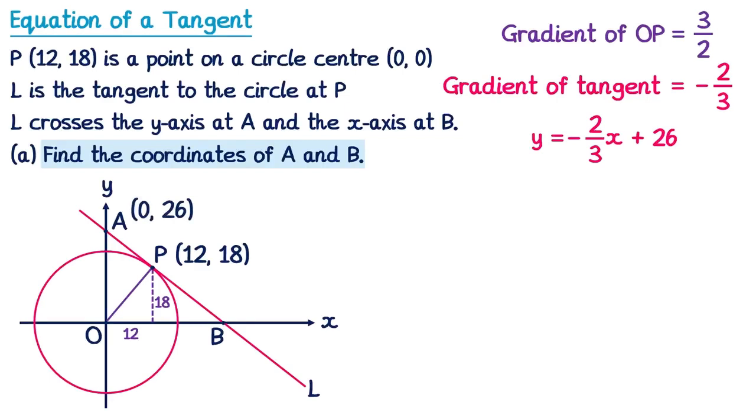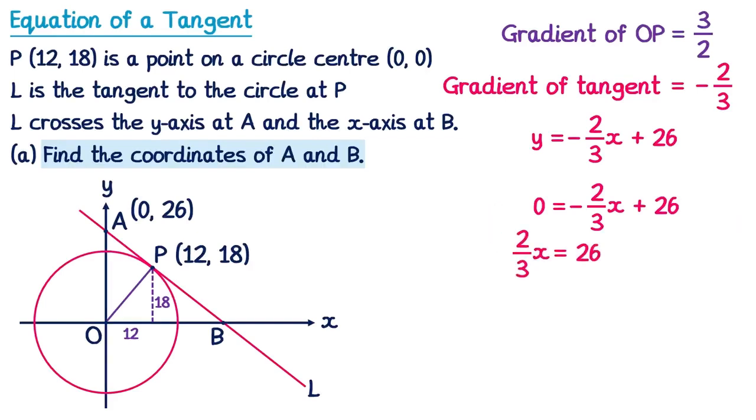Now we'll find the coordinates of B. B is on the x-axis, so this time y is equal to 0. So in the equation we'll substitute y for 0. So 0 equals negative 2/3 of x plus 26. We can solve this by adding 2/3 x to both sides. If we add it to the left, we just have 2/3 x, and if we add it to the right,